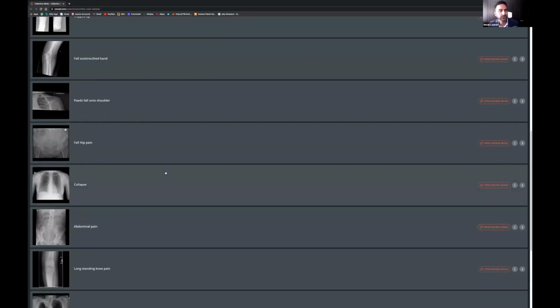So I hope that was useful. I'm trying to make it as if we're working together. This is how we'd go with the registrars. Registrars would actually report the cases, then we'd go through the cases together. So we don't have that, but we do have the ability to go through hopefully quite a wide gamut of cases. And by doing that, we get to have a whole breadth of stuff to go over